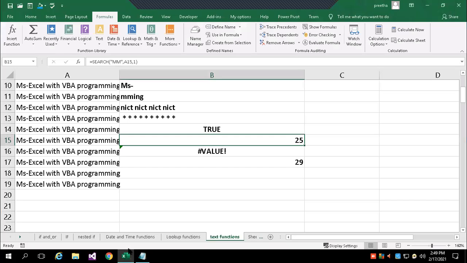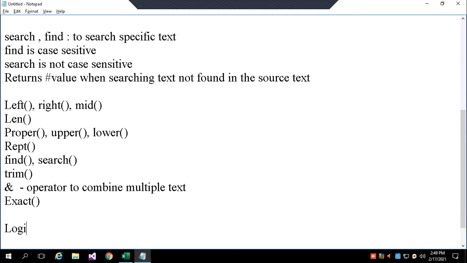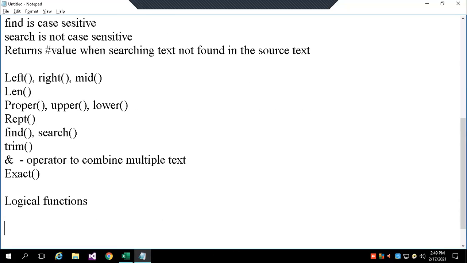Okay, so these are all about text. Next, we will work with the IF function, that is logical functions. So the next category is here, logical functions. Under logical functions, you are going to learn IF, AND, OR, and NOT. So basically it is for testing.